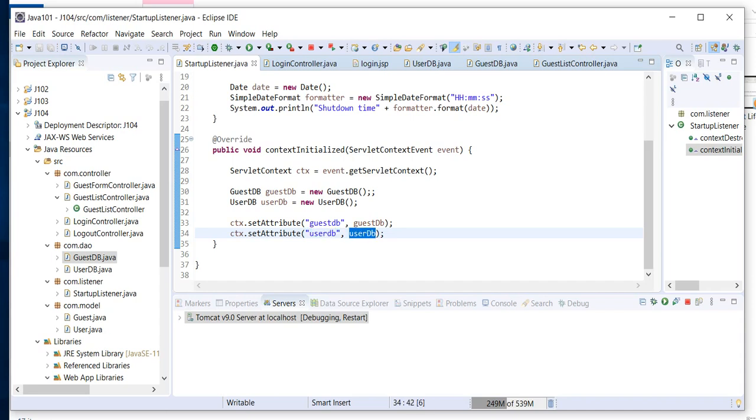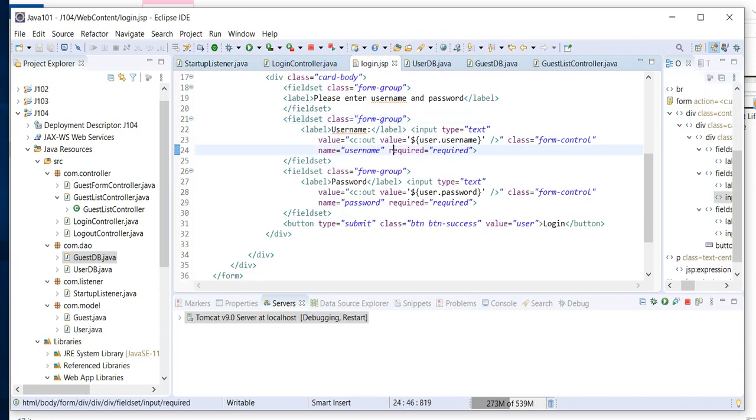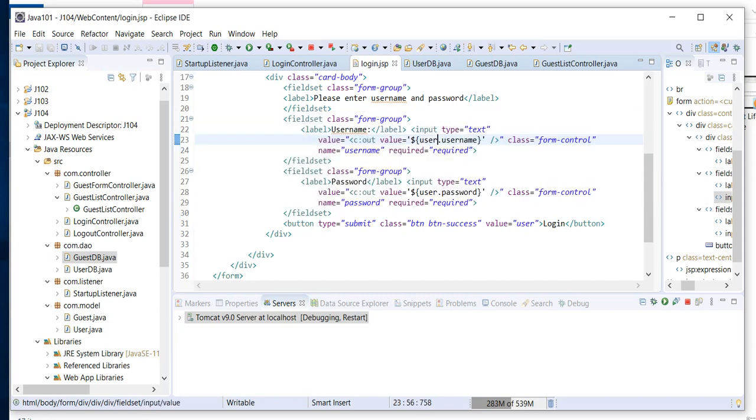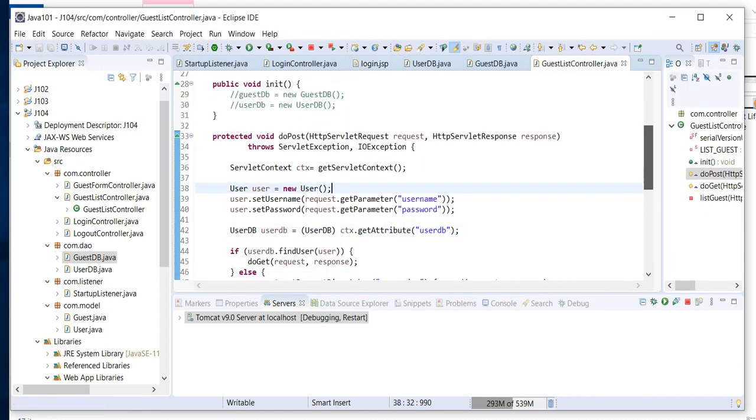having the userDB list. Now if we look at the login.jsp file, you can see that we have two fields over here. One is the username. So in the username I have this user.username value, and this parameter is being passed on for later use as well. So now if we look over here in the guest list controller, then we can see that we have used both the